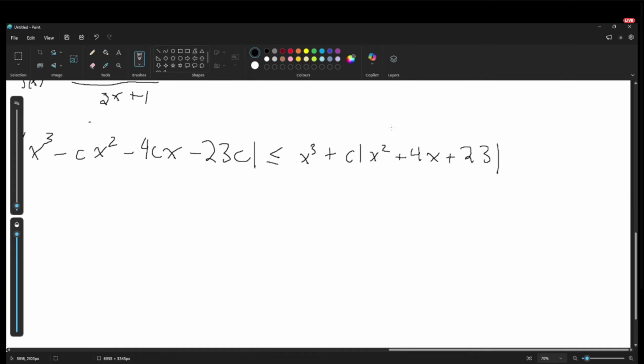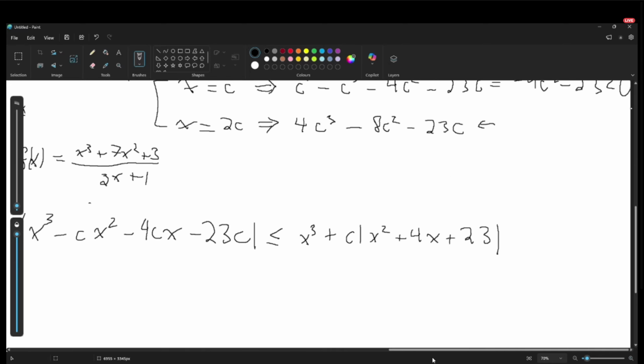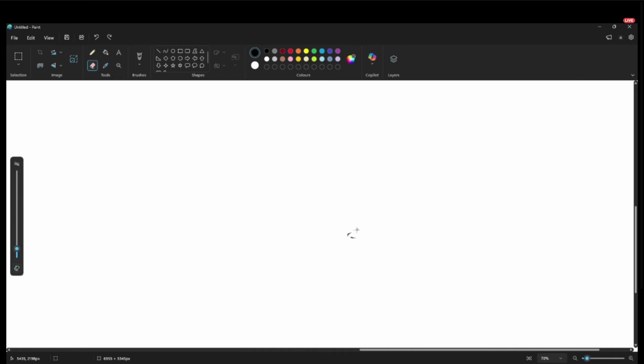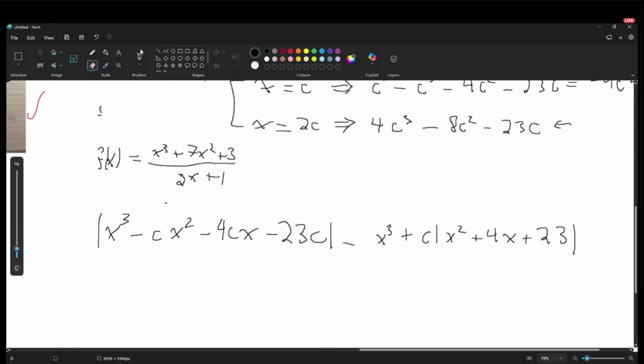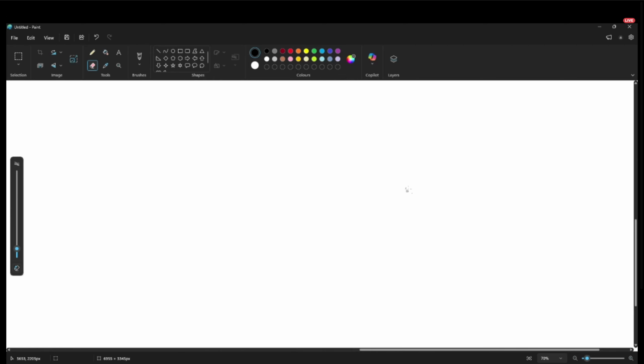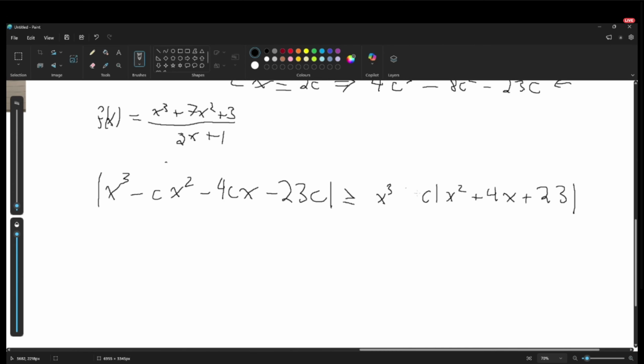Actually you want to show that this is greater than, so this should be a greater sign, and this should be a minus sign right here. Then you know that this is more than or equal to